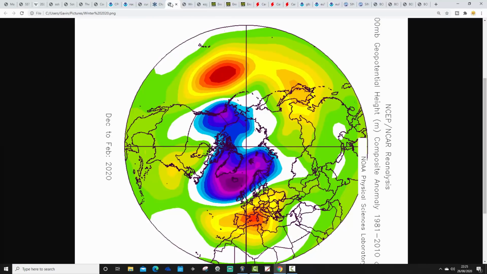And of course, we're going to have loads of analogues for you too. So this is how the reanalysis looks for the winter of 2019-2020. That's how it looks, with high pressure to our south and low pressure to our north. There's the polar vortex of doom. Will we have another polar vortex of doom? How many times in this season of updates will we see 2019-2020 cropping up in the analogues? If you want a cold winter, you won't want to see that analogue too often.